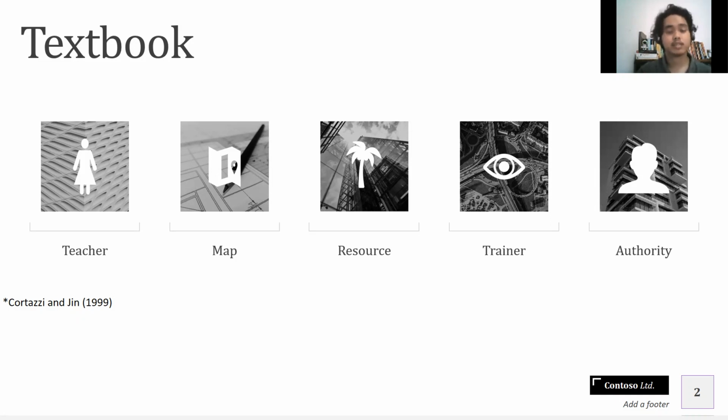A textbook is viewed as a resource as it contains a set of materials and activities available to the teacher from which one can choose. It can also be a trainer for novice teachers who need valuable instructions, support, and guidance. As an authority, a textbook is seen as valid, reliable, written by experts and authorized by important publishers or